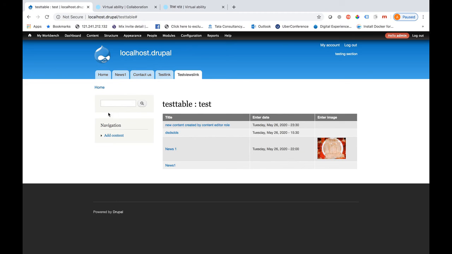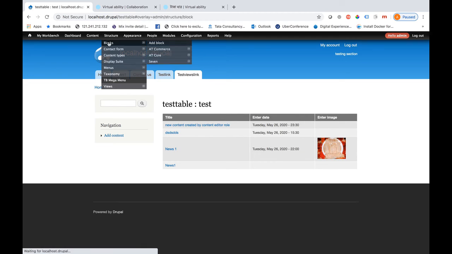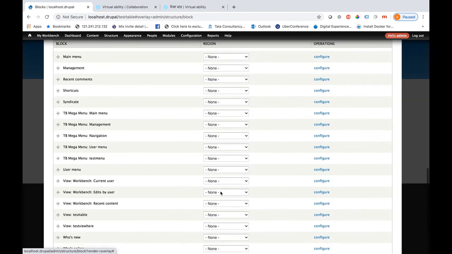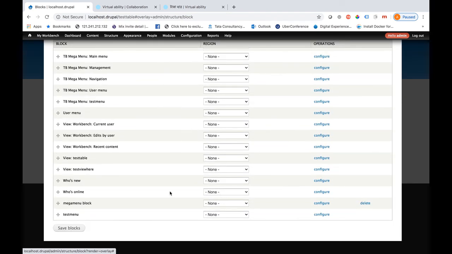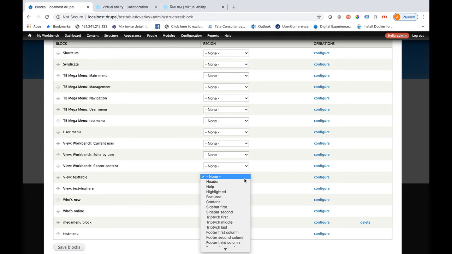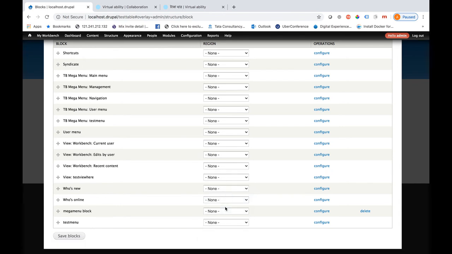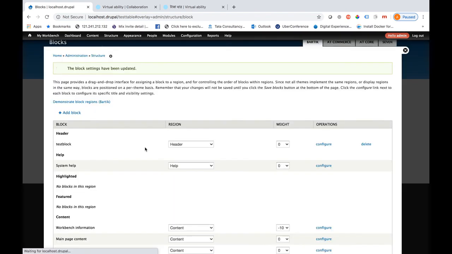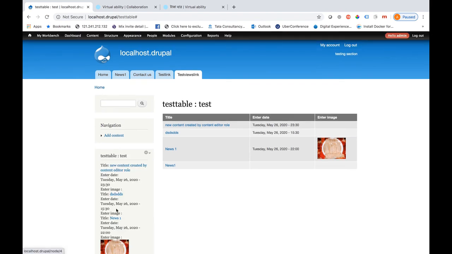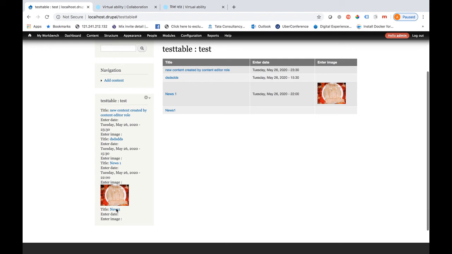So since you have created this as a block, it will show under the block as well. So I am going to the block section in order to show you. So you can see the test table is showing here. If you want to assign this anywhere, for example, I'm assigning this to sidebar first and saving this, it should appear in the left hand side navigation bar. So I'm closing this, the page is refreshing. So you can see this table is appearing here as well, but this table format is